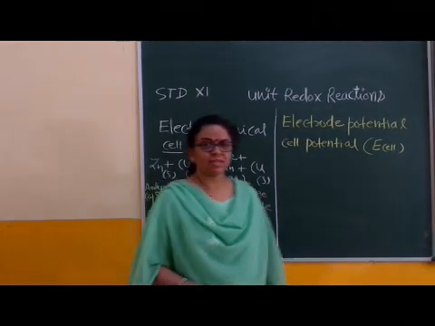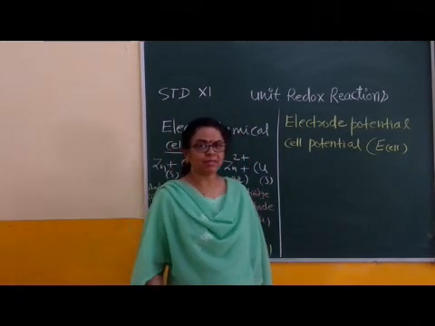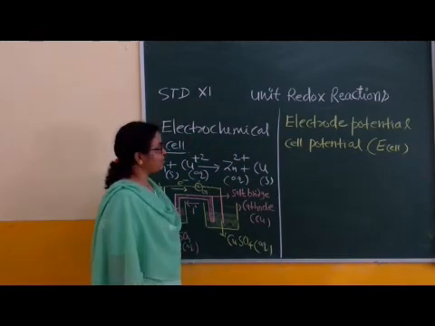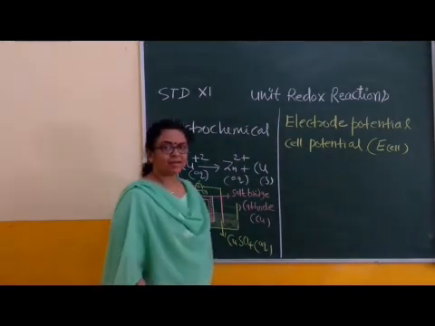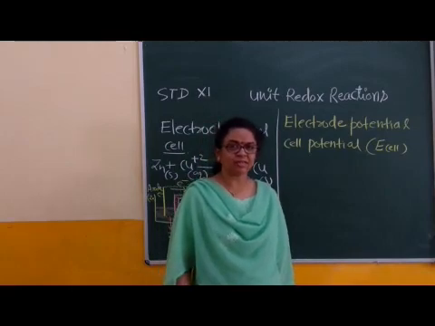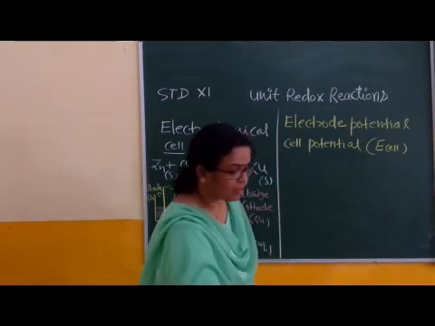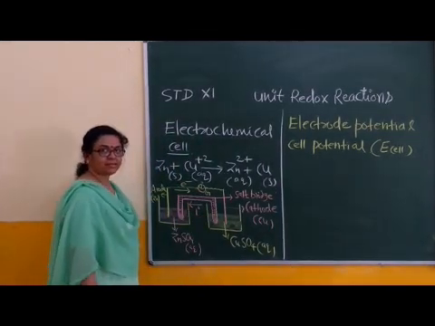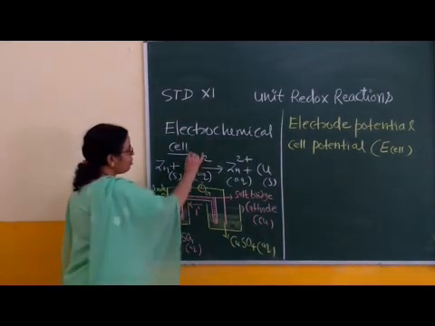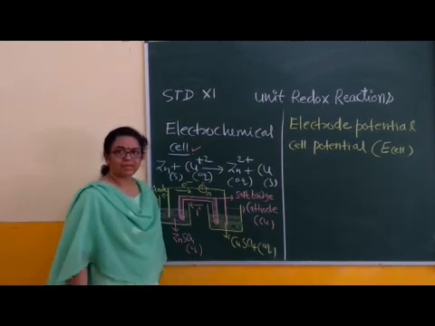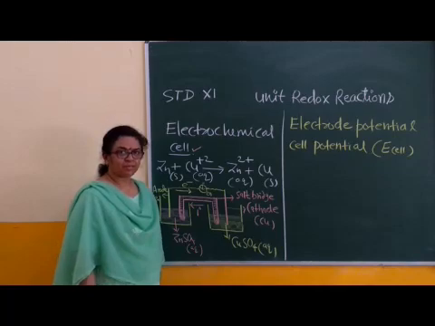Now children, after discussion of balancing of equations and determination of oxidation number, next is the electrochemical cell. An electrochemical cell is related to the conversion of chemical energy into electrical energy, chemical energy which is stored within chemicals, electrolytes. Right? This is the basic principle of an electrochemical cell, and in this cell a redox reaction takes place.